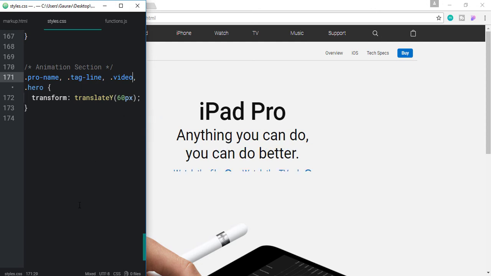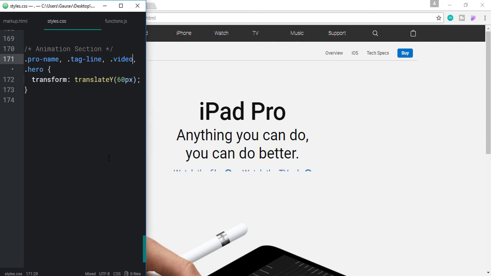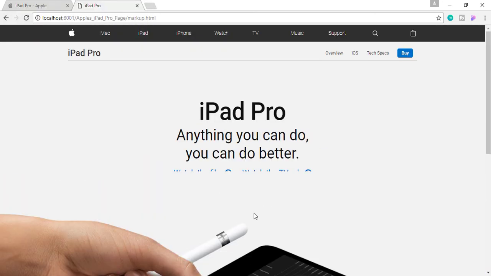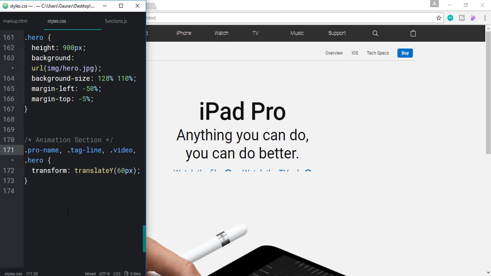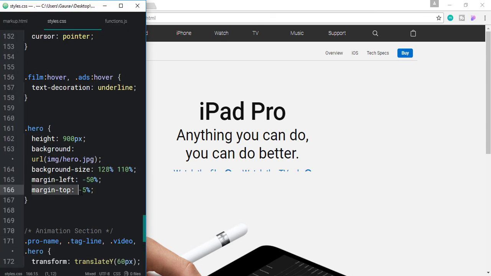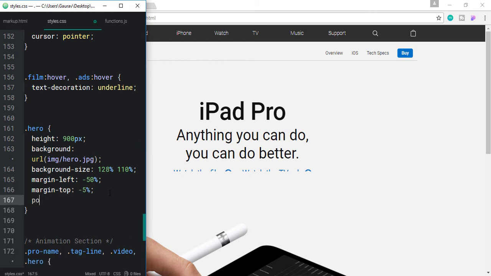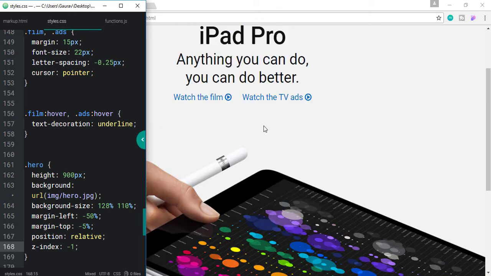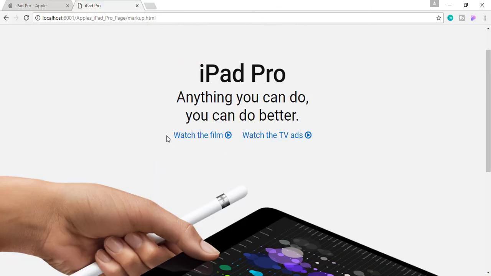Okay, and as you can see, this hero image is covering our text, because we have given a margin top of -5%. So let's fix that with position relative, and let's set the z index to -1. So we will always see the text on top of that image.